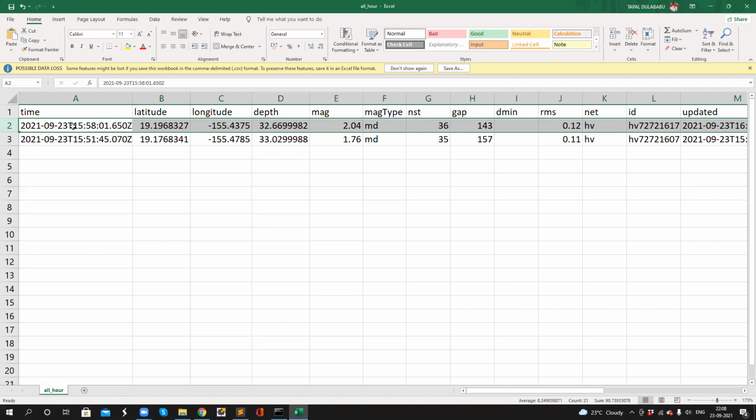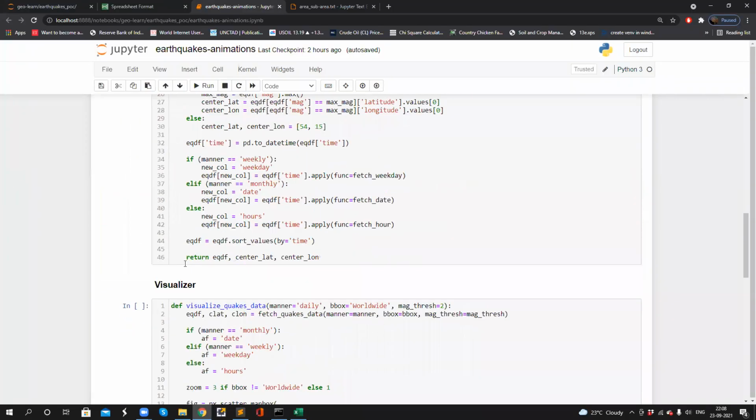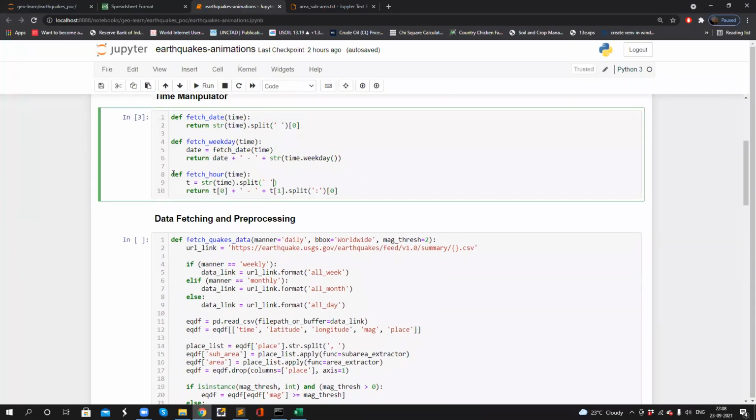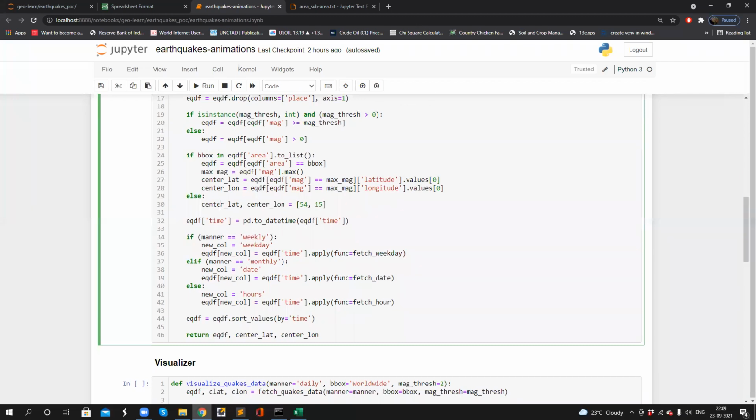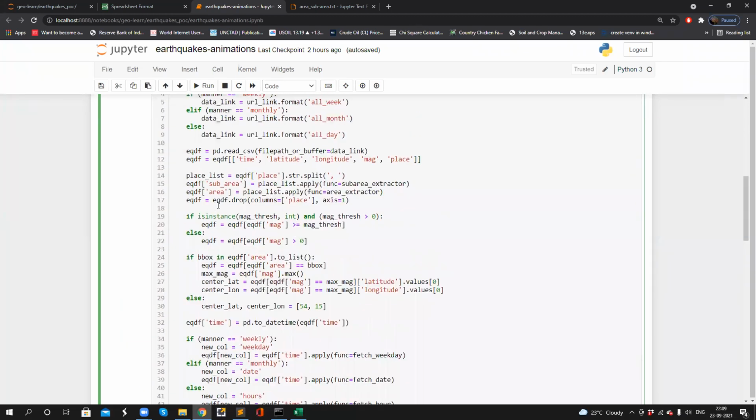That's what I'm extracting. So this function literally extracts the hours, and I'm creating a new column ultimately. After doing it, I'll sort the values of the data by the time column and return the eqdf with center lat and center long. This is what the function is basically.